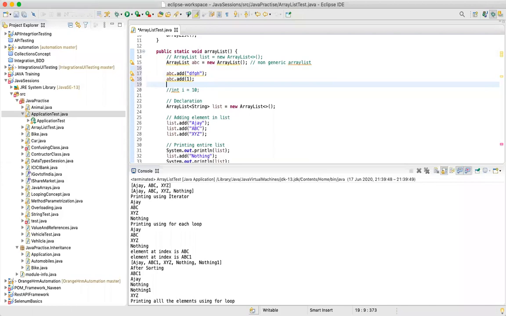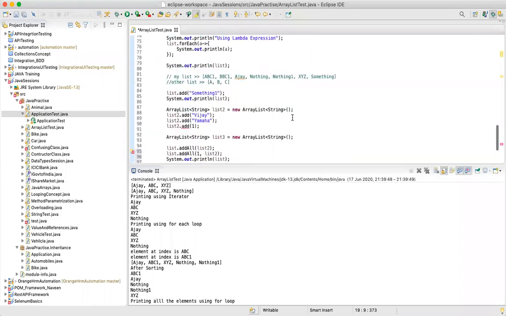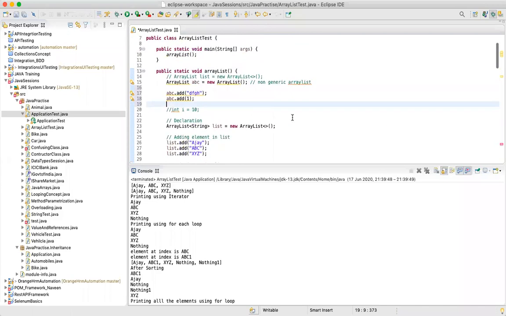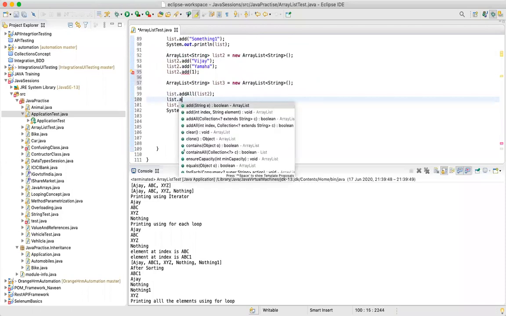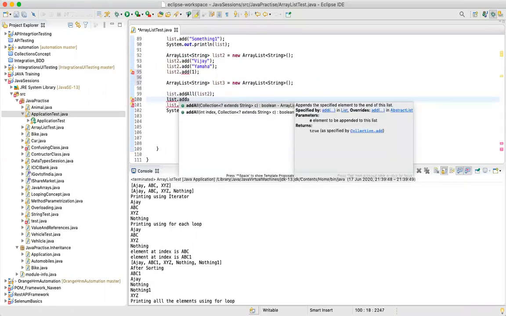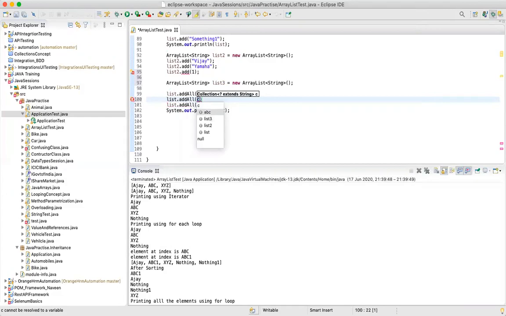Can you add that ABC into one of the lists below? Okay, so I'll say list.addAll and let's say ABC.